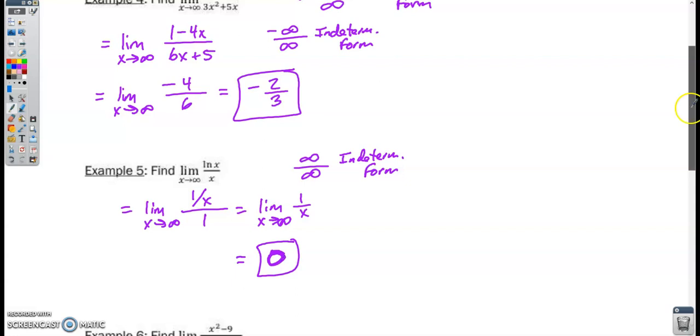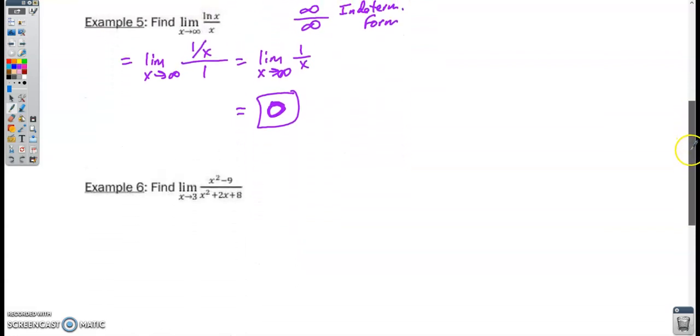Okay, let's keep going. Example 6. Find the limit as x goes to 3 of x squared minus 9 over x squared plus 2x plus 8. Don't fall into the trap. Don't just start taking the derivative. Now that we know L'Hospital's Rule, don't just start taking the derivative of the numerator and denominator every time you try and find a limit,